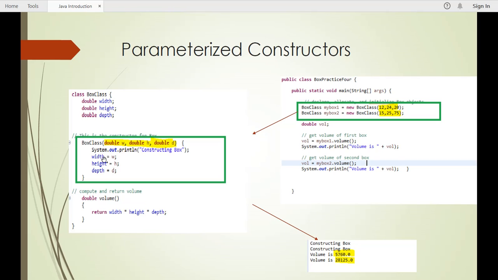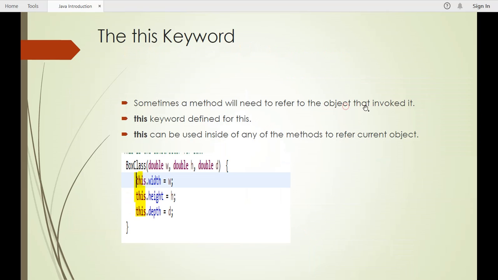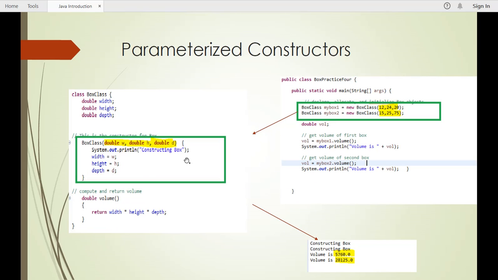Whatever values are passed from the calling classes get assigned to the instance variables width, height, depth. These can be used in further calculation of the volume of that particular box, which can be calculated here.